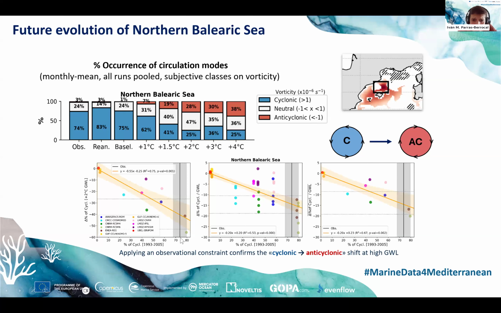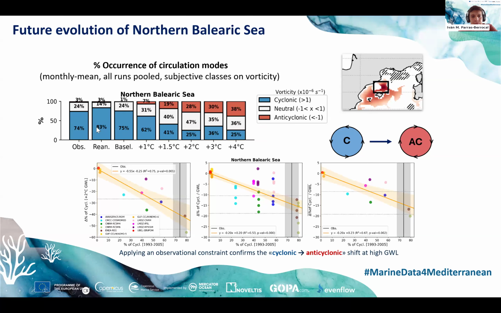And here the black line with the shadow area represents the observations and the error. So if we just keep the models that fulfill the observational constraint, which in this case are ENEA and CNRM-RCSM6, we can see that using just those models, we now are able to reproduce the